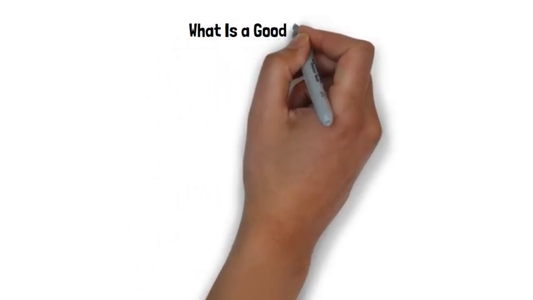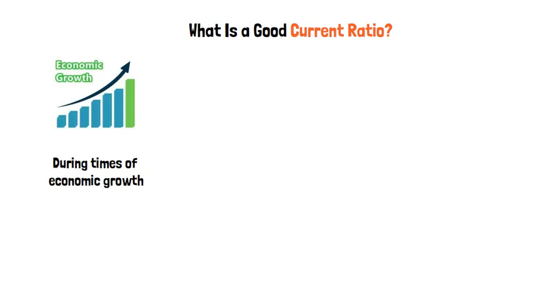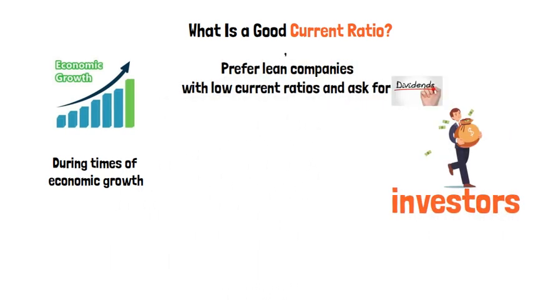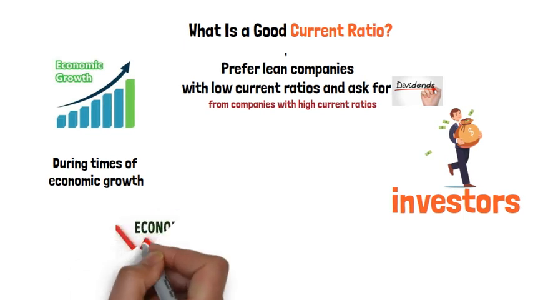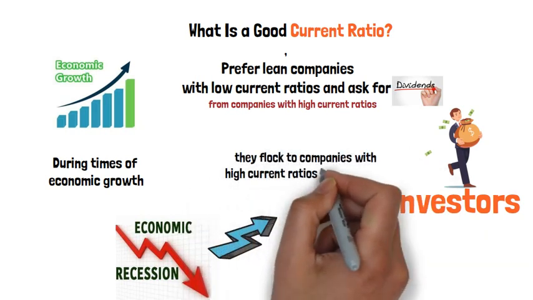What is a good current ratio? During times of economic growth, investors prefer lean companies with low current ratios and ask for dividends from companies with high current ratios. But during recessions, they flock to companies with high current ratios because they have current assets that